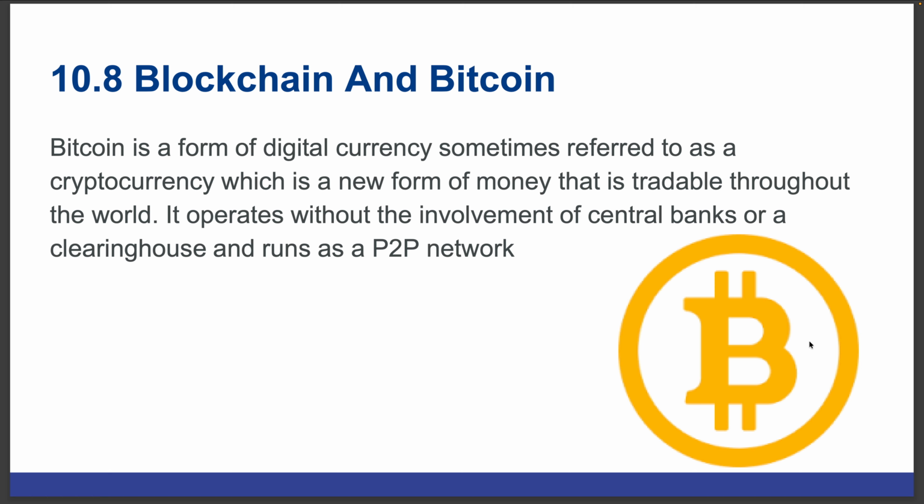Another aspect which has evolved post the e-commerce is the blockchain and the Bitcoin. So Bitcoin is a form of digital currency, sometimes referred to as cryptocurrency, because of the origin in the cryptography, which is a new form of money that is tradable throughout the world. It operates without involvement of central banks or a clearing house and runs as a P2P network. So Bitcoin actually uses the blockchain technology as a means of transaction money,